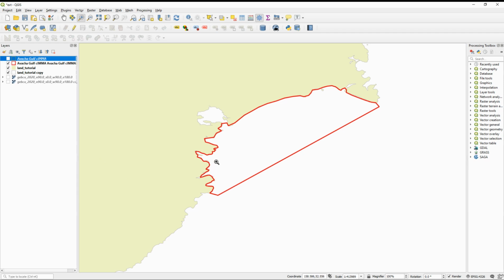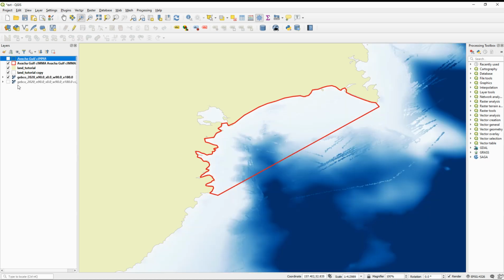Now, we found out some more information to do with the killer whales, and for the case of this example, we've determined that some of the foraging killer whales are only really foraging out to about 300 meters in depth. So they're not really using the deeper water areas. So what we can do is upload some bathymetry data. This is the GEBCO 2020 data set.